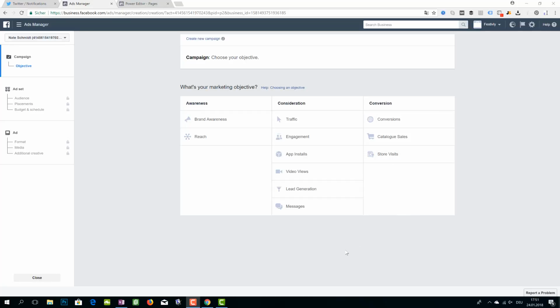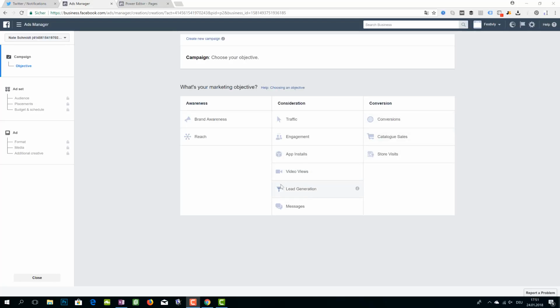When you click on create a new campaign, this is the first screen you'll get. The campaign types that interest us for the purposes of dropshipping or any Shopify store are traffic and conversions. I usually use conversions right from the get-go, although I will sometimes play around with traffic campaigns just to see how they do. All these others I have not used much,